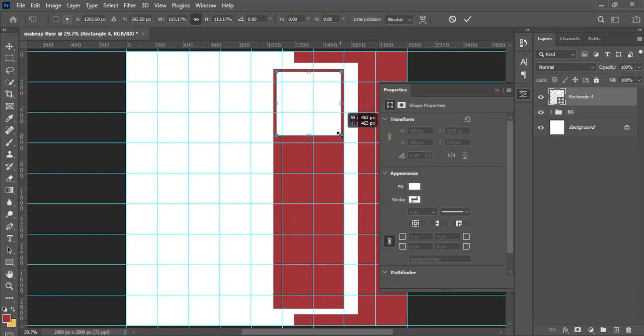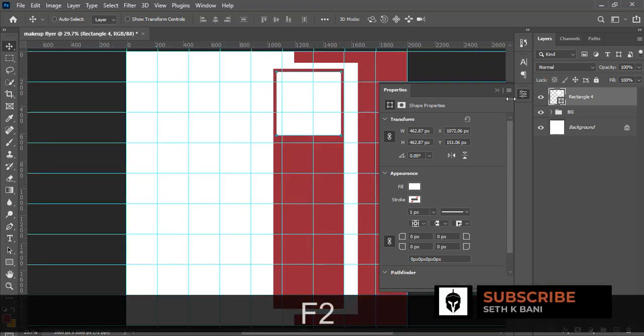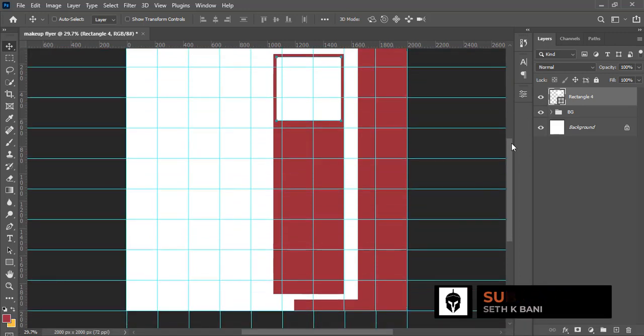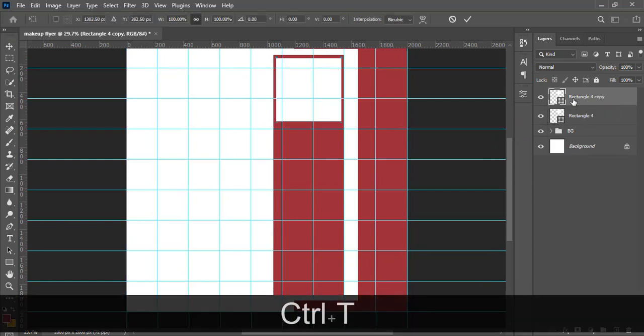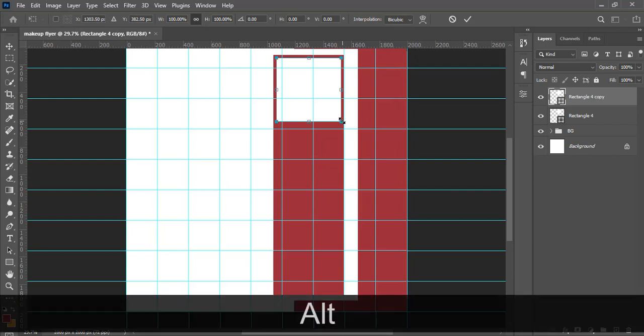Nice. So something like this. This is great. Okay, let's duplicate it again. Control T. If you're using Photoshop CC 2021, 2020, thereabout and up, you can use the Alt key to get a perfect transformation or resizing. Alright,